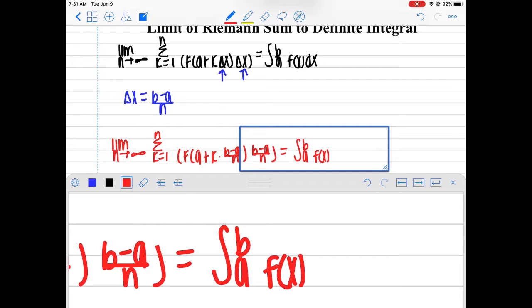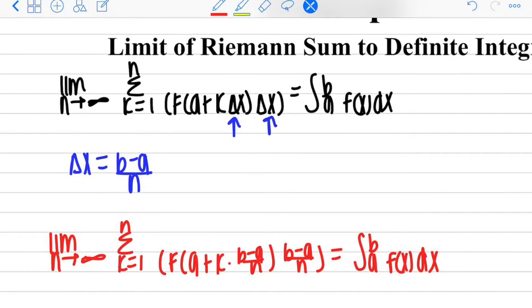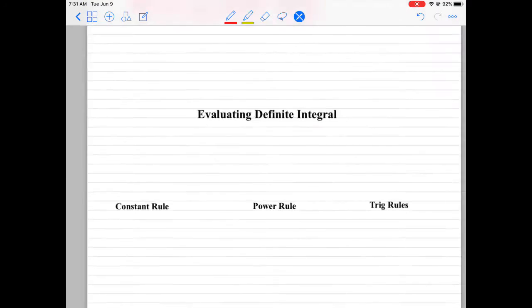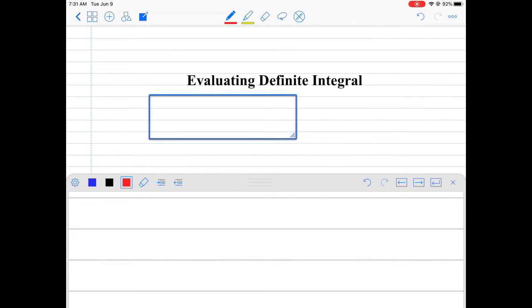Through the limit of a Riemann sum, we are essentially taking the sum of many rectangles where the width is delta x of each rectangle and the height is the function of the lower bound a plus k times delta x. Once the Riemann sum has been converted into a definite integral, the fundamental theorem of calculus is used